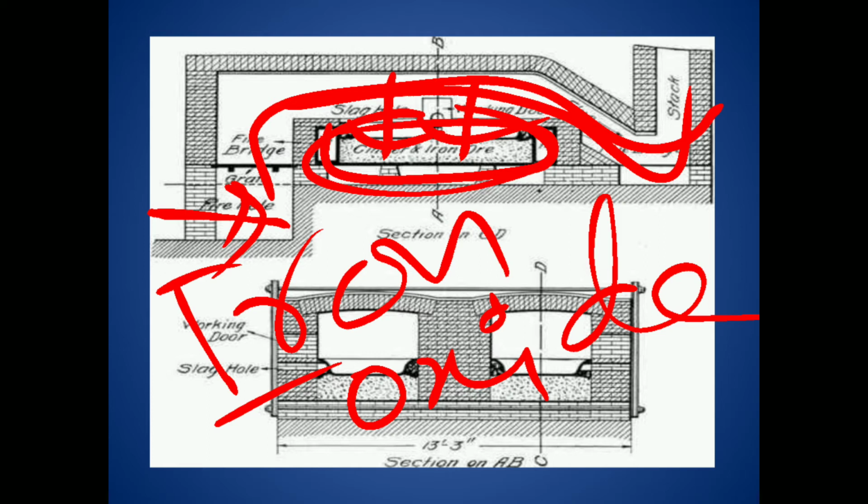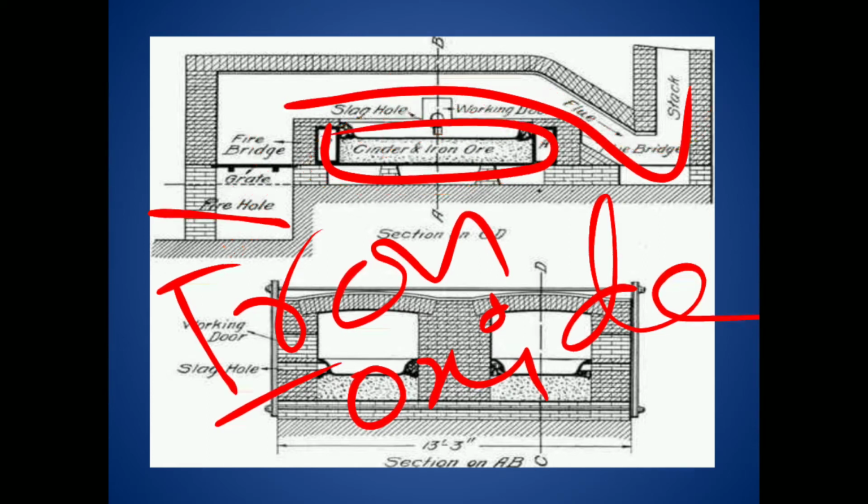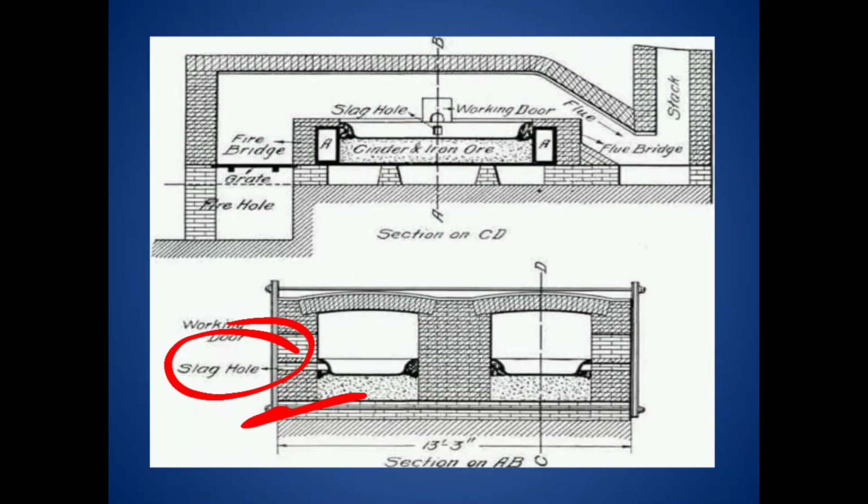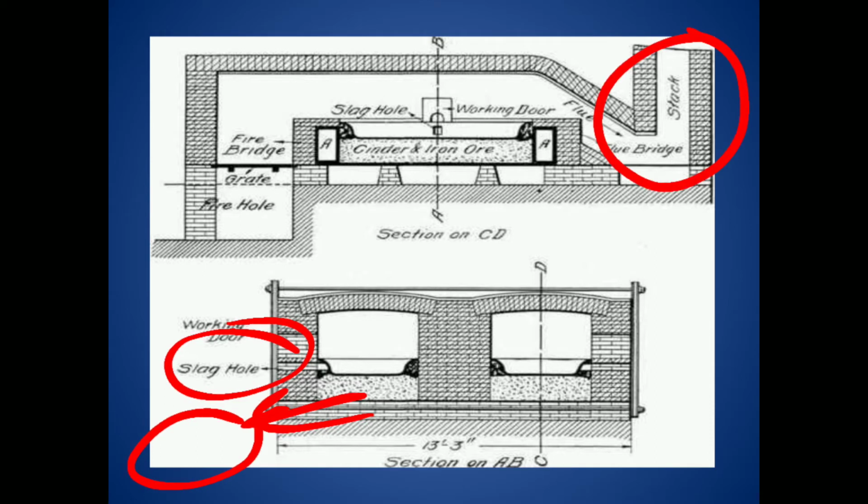It has one slag hole provided to remove the slag. Beneath the slag hole there is also a wrought iron hole to remove the wrought iron. And to let the hot gases escape, it has a setup called a stack or chimney. What is the use of the chimney? It delivers the hot gases from the furnace to the atmosphere.